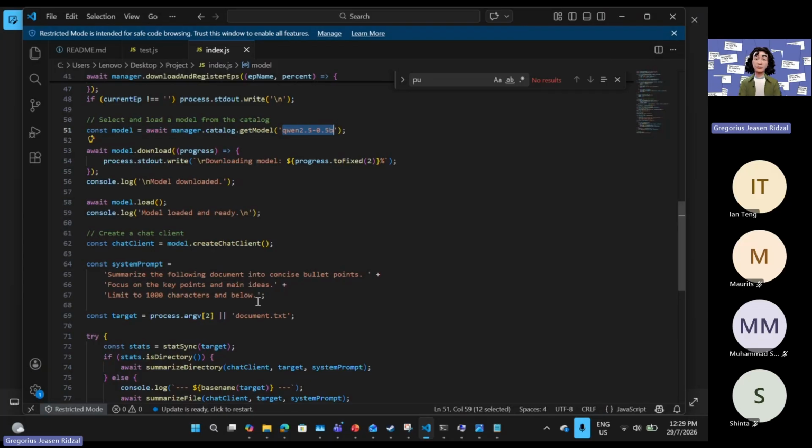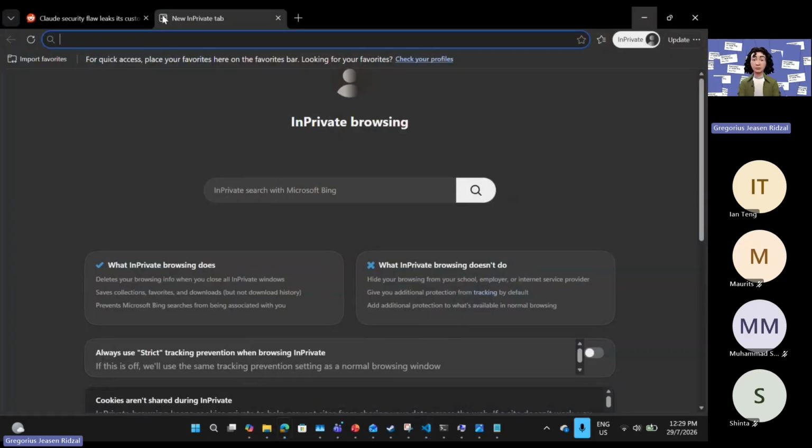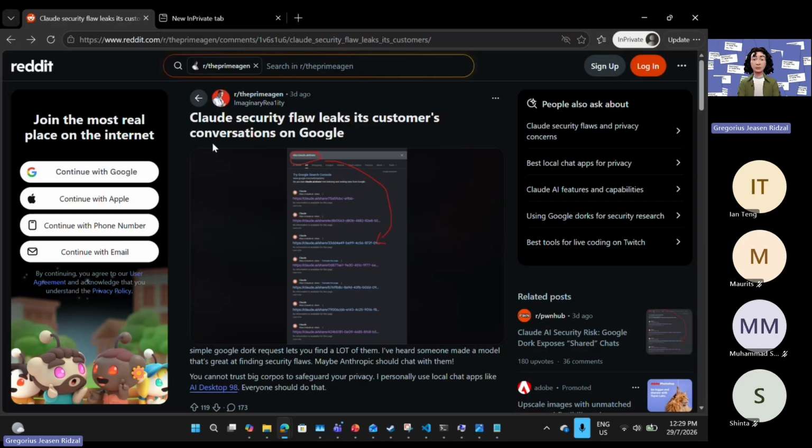But since we have some team members here who are also in the IT field, maybe you'll be familiar with this one. It's quite a new development if you're using Claude. I know a lot of people use Claude Code because it's one of the top coding alternatives in AI, next to, I guess, Codex and GitHub Copilot.